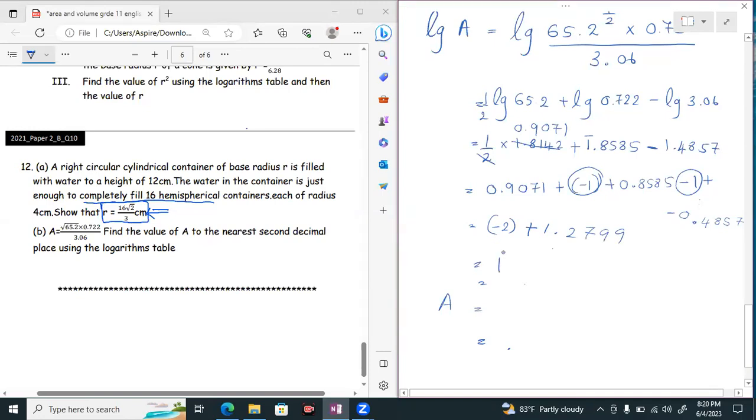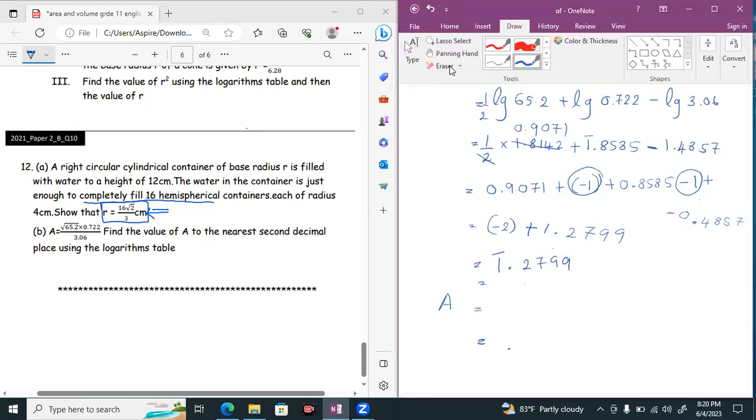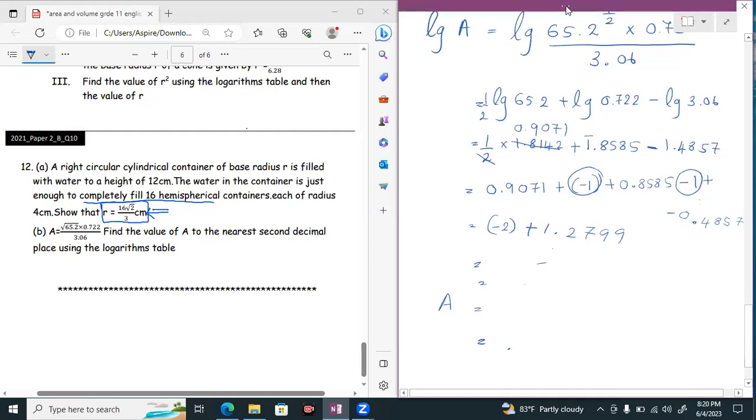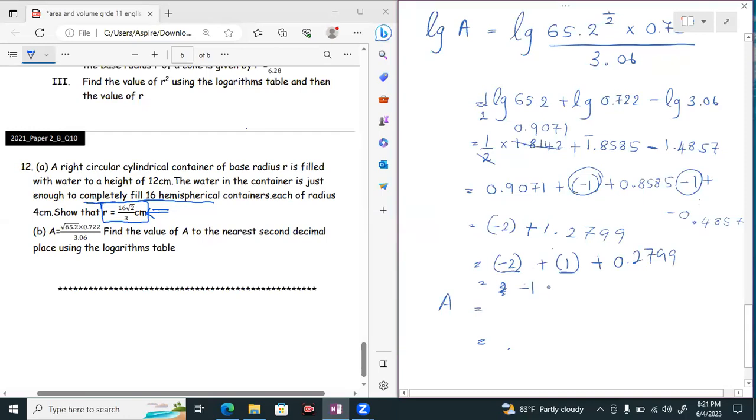Then when you simplify this, bar 1.2799, it's because we can separate the bar values, no? When we separate the characteristic, 0.2799. Therefore it is here bar -2 and 1, that means -1 at 0.2799. That means anti-log of bar 1.2799. Okay, then